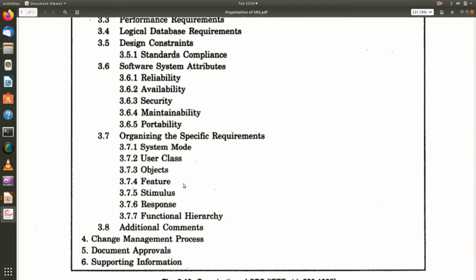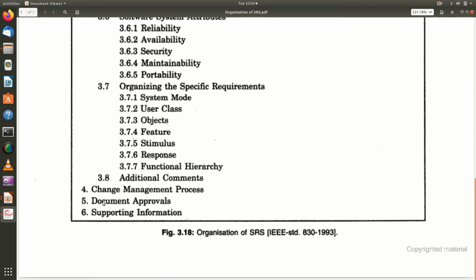Then you can go for each and every object, the features, the responses, the functional hierarchy, all these things can also be described. Then you will go for the change management process. What do you mean by change management process? When you start changing the requirements or adding requirements after completing the documentation, how can it be managed?